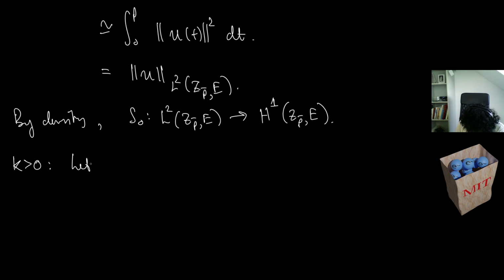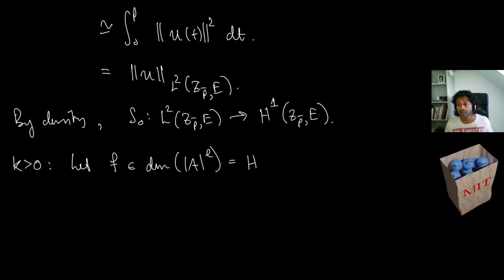So let's just take some f now in the Sobolev space HK, or I should say the domain of modulus A to the power of L, which through various considerations, I mean, this is really a consequence of elliptic regularity again, but applied to a slightly general context, we have that the domain of modulus A to the power of L is actually the